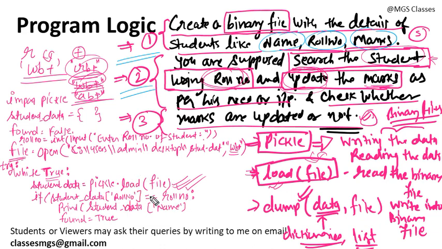If the roll number matches, then we need to print the student name like we did yesterday. Yesterday's program I have done in this video also, because this is the same logic. Here we need to change only for updating the record. That's why I am doing this again using this logic.